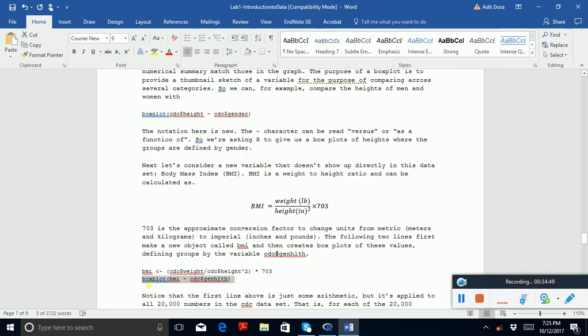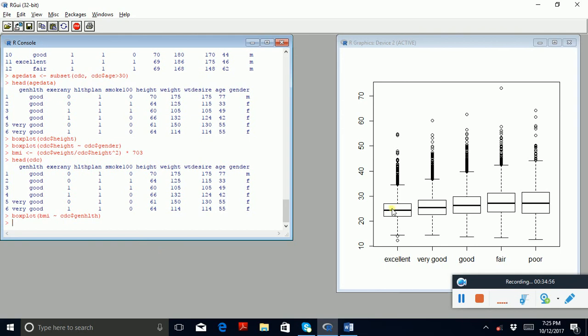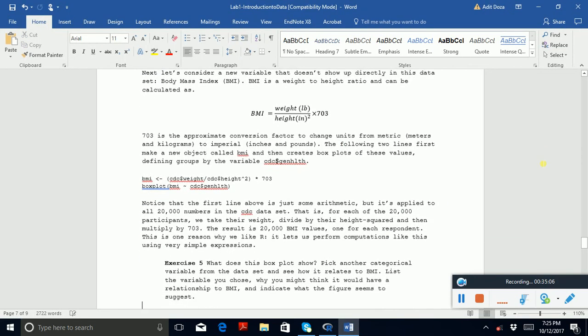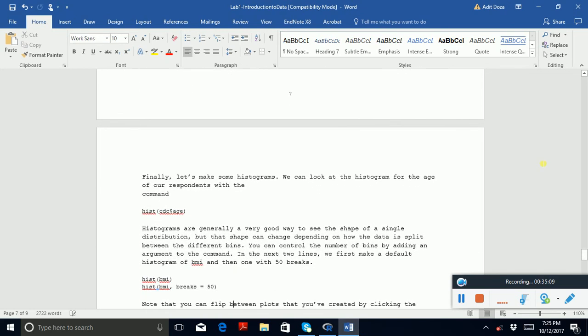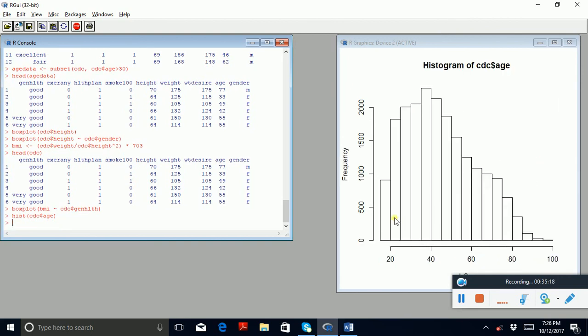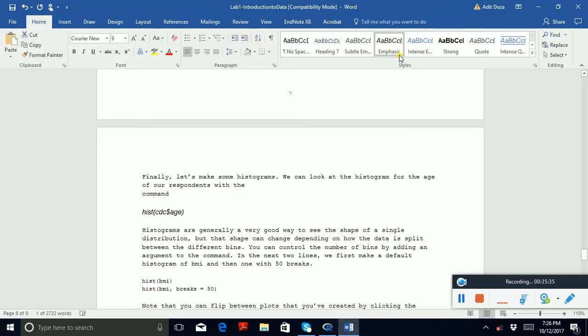Okay, let's look at this. See the body mass index. Excellent, very good, good, fair, poor. All right. We can also draw a histogram of this, the age. More people in the 40s, see? And a histogram of the BMI variable that we just created. More people are around 20 to 30, right? So it's pretty powerful,